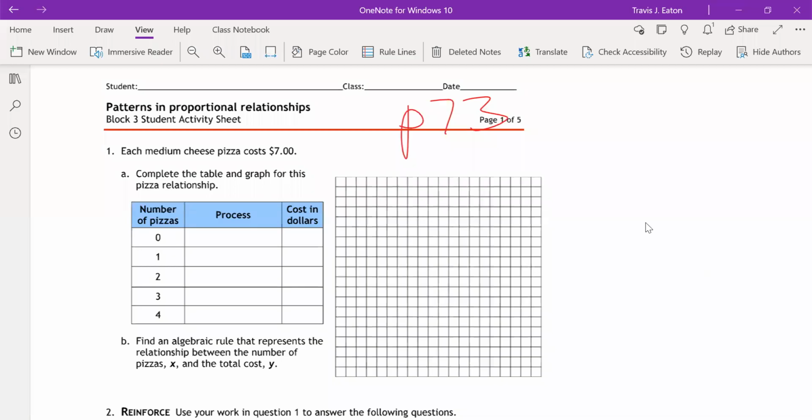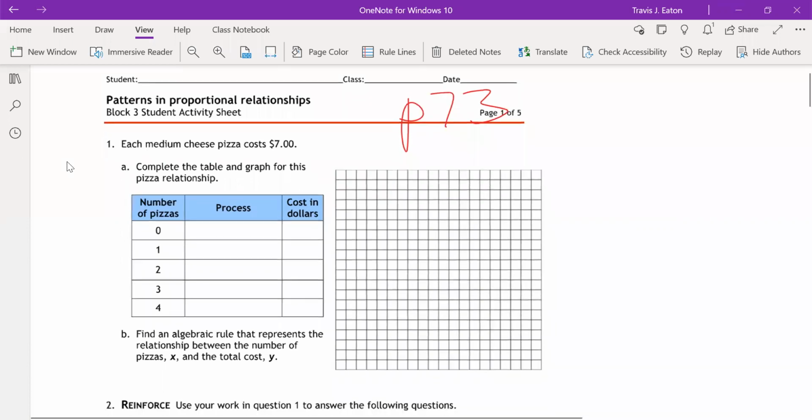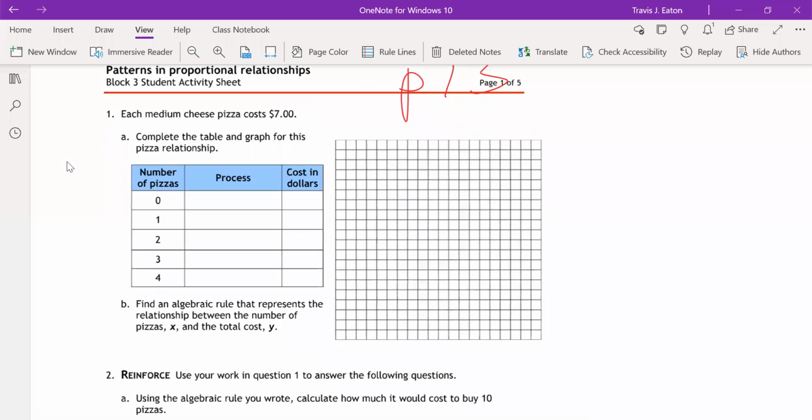All right, here we are at topic 3, block 3 on patterns and proportional relationships, page 73 in your math book. So make sure you have your book open to page 73. And we're going to start right in with question number 1 here that says, each medium cheese pizza costs $7. Well, great. So if that's the case, then we should be able to complete this table and graph for this